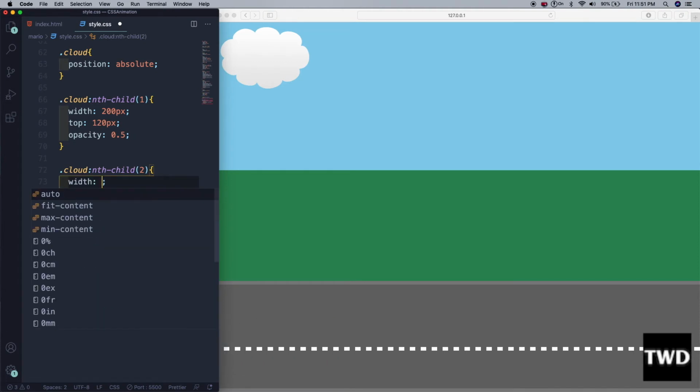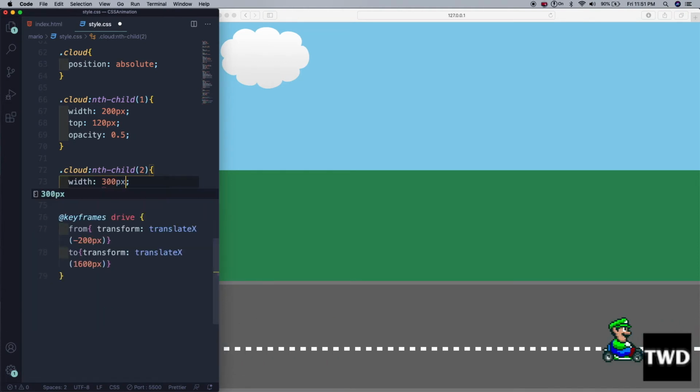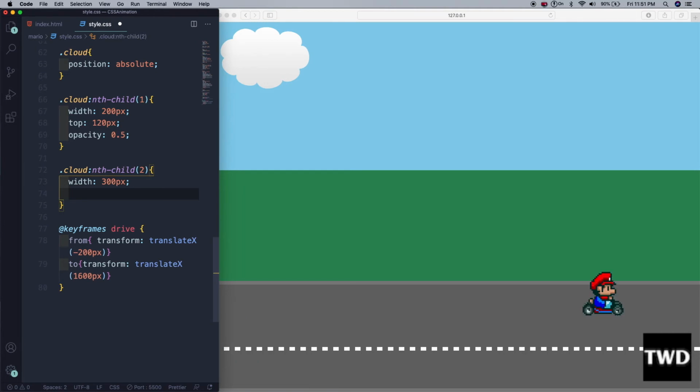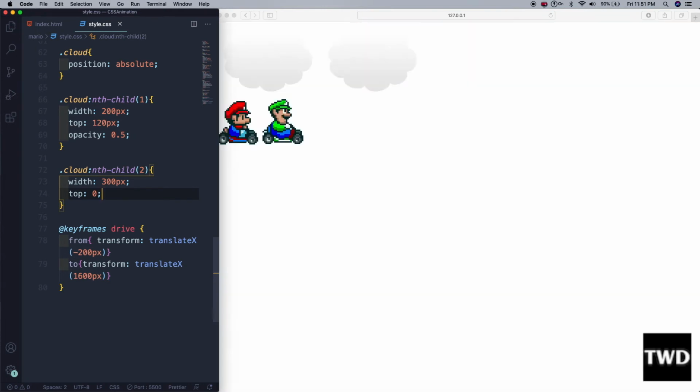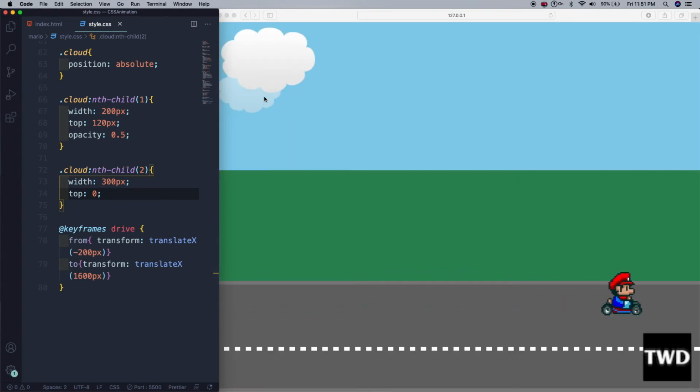Width of 300 pixel. Top of 0. Save it. See, we have it like this, and the second cloud and this first cloud have an opacity also, so the color is showing quite nice.